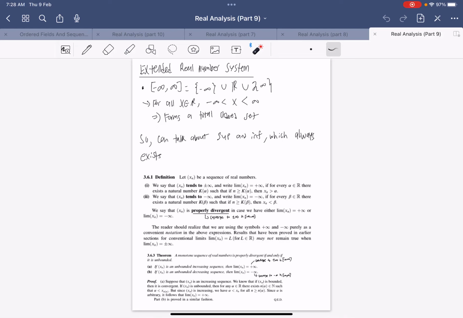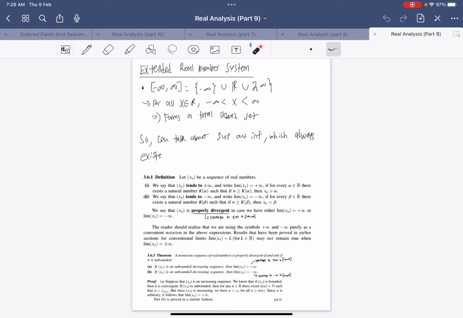Hi, in this video, I'll be talking about the extended real number system. In the previous 8 videos, we went through a lot about sequences in the real numbers. What are the real numbers? And we now understand better how the real numbers work. But then we need to tie up some loose ends, and so this video will cover the extended real number